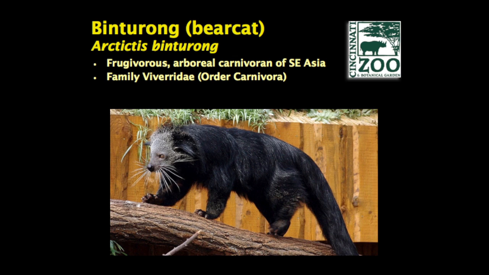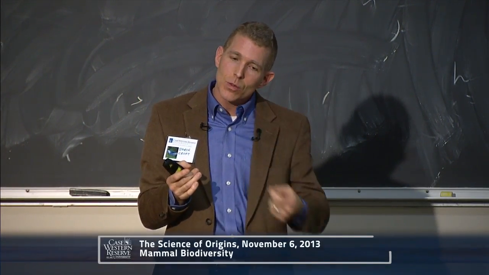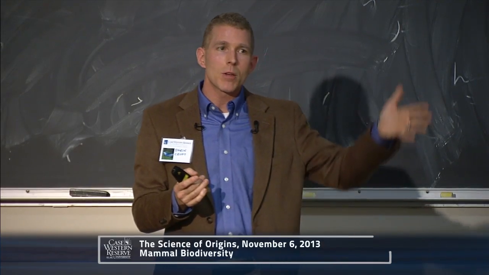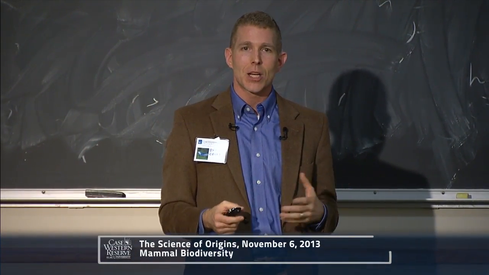It's in the family Viverridae, which is an interesting grab bag of animals, and it used to be a family, and then it was split into two families, and now we're finding out that one of these viverids may be the earliest, most primitive branch of the carnivore family tree, and other ones are sorting out. It seems like they're really a grab bag of early carnivores. So if you want to get an idea of what early carnivores looked like, learning about viverids is a good way to do it.